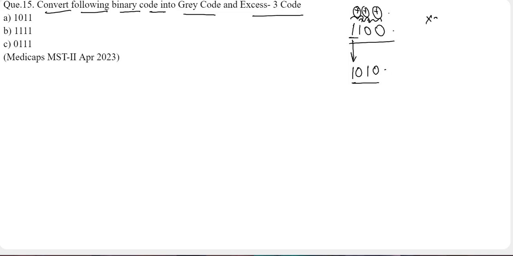And for XS3 code, we just need to add 3 to the binary code which is given to us. Like if we take this example 1100, to find its XS3 code, we just need to add 3, which is 0011, because if we take a binary number, for example this binary number 1100,